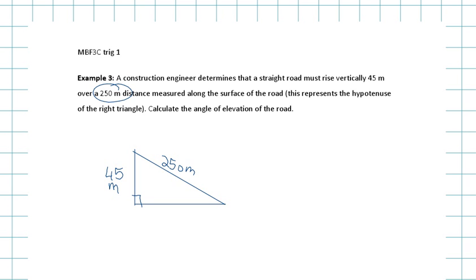I guess B wins. Angle of elevation is from the horizontal up. Remember that? So this is your angle of elevation. So the question is asking you to solve for this angle. Go ahead and